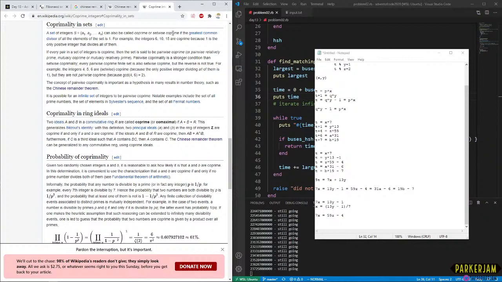Okay, so if they're all prime, right? Oh, so 6, 10, 15 are coprime because 1 is the only positive integer that divides all of them. Okay, that's fair. They're not necessarily prime, but they don't share a common prime outside of 1. If 6 was not part of that set, they would not fit that criteria.